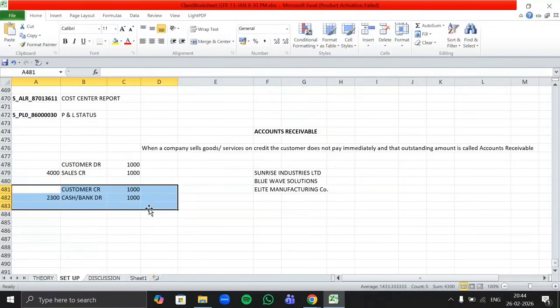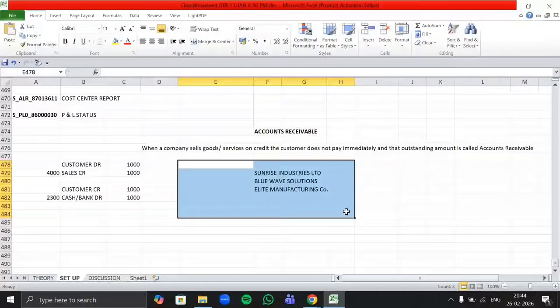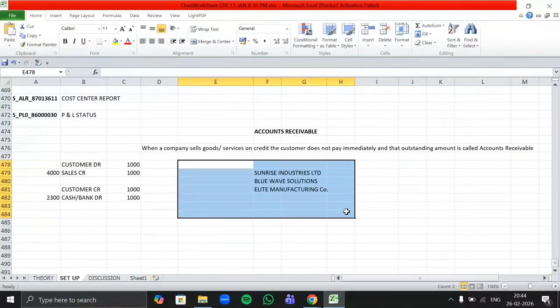Now, will these 3 customers be created as individual GLs like how we created the sales GL, cash GL and all? Are we going to create customers as individual GL accounts here? Yes, ma'am.